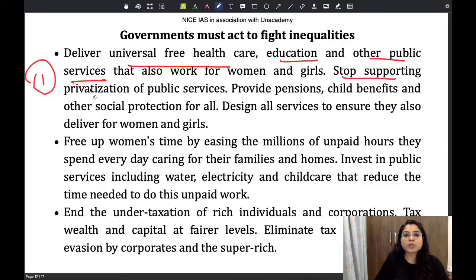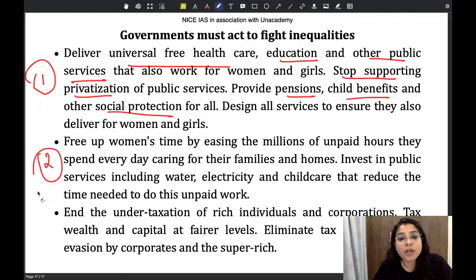We should stop supporting the privatization of these public services because privatization leads to inequalities. Certain sections of the society can pay for it, certain sections of the society cannot pay for it. So the public services, that is health and education, should be equally available, freely available to everyone. Then provide pensions, child benefits, and other social protection for all, and design all services to ensure that they deliver for women and girls. Second,